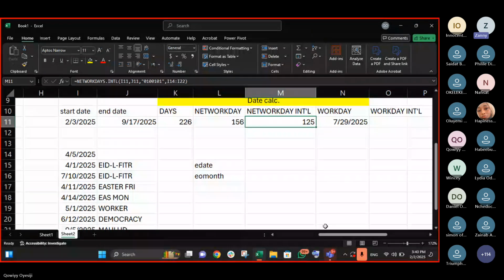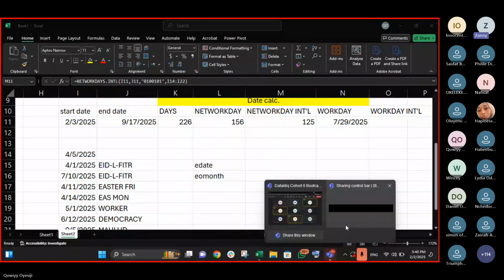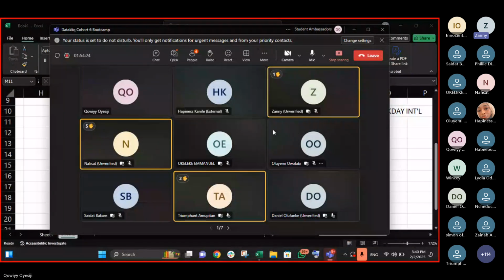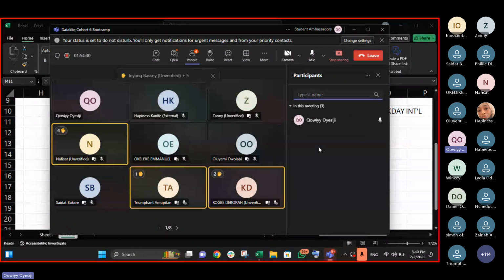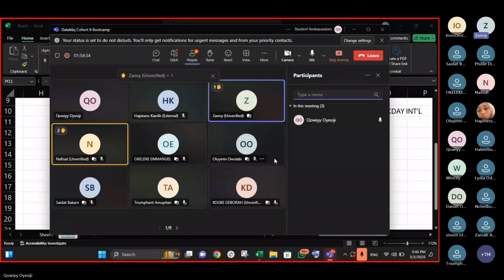I have a question. Please, can you explain the combining dates? You should re-explain it. Combine this. Yes. Not this one. The one we've done before. This one is on date calculation.